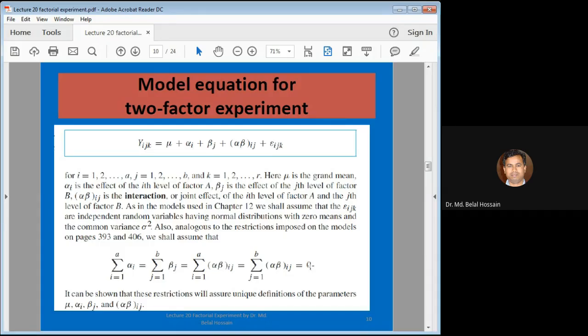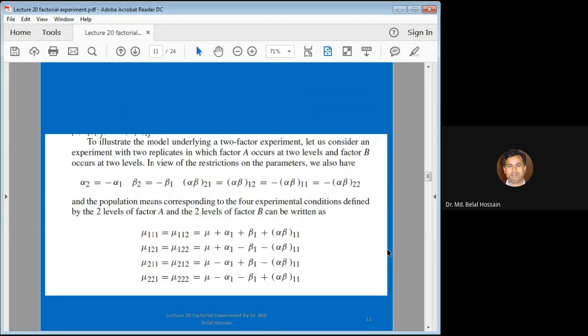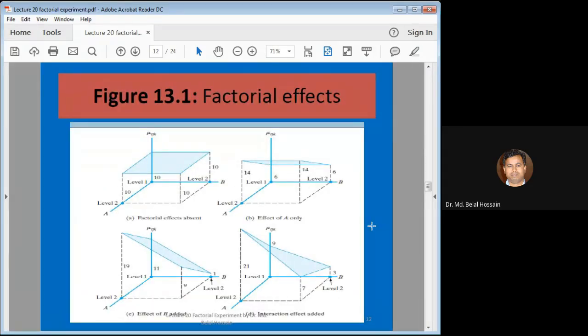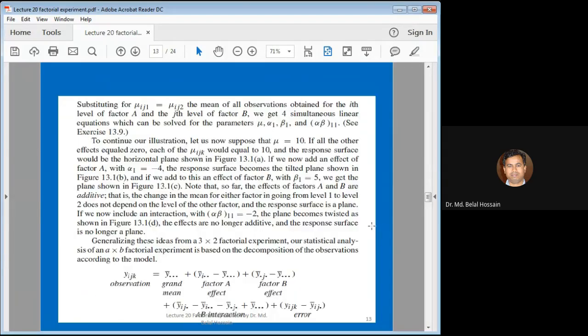So it can be shown that these restrictions will assure unique definitions of the parameters mu, alpha i, beta j and alpha beta ij. So we can estimate the effect of these two, but we are not going to the details of this. That is not necessary for you more often. But here, what we need is that